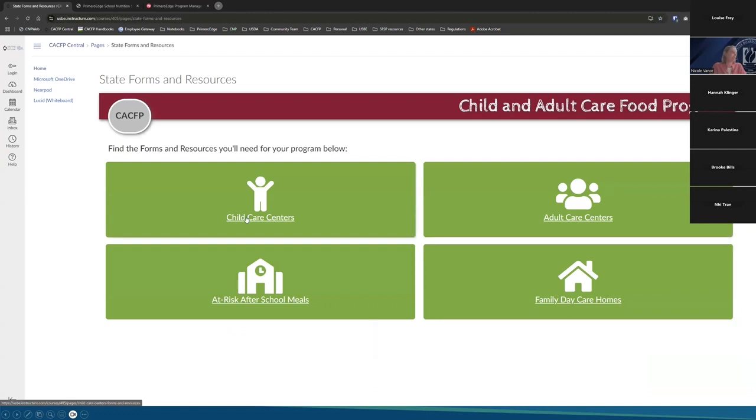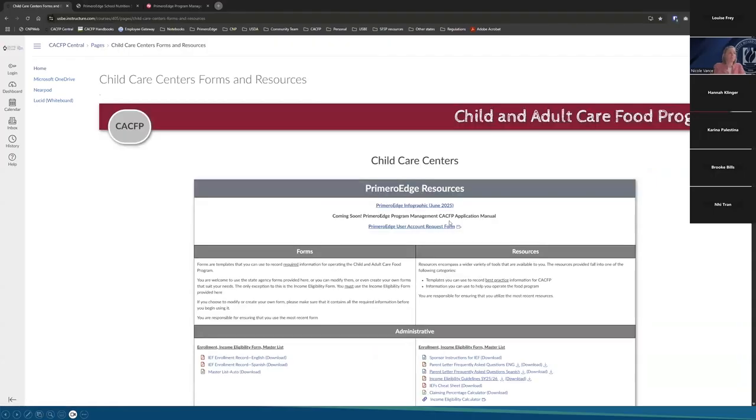I'm going to click Child Care Centers, and we've got a section at the top that is showing PrimeroEdge resources. So this is an infographic that I've sent out already in a couple of emails just for people's awareness, and you can look at that if you would like. If you need to request user access, you can do so at this form. It's a Qualtrics form, and we ask that that get filled out by someone who already has authorized authority with the sponsor,